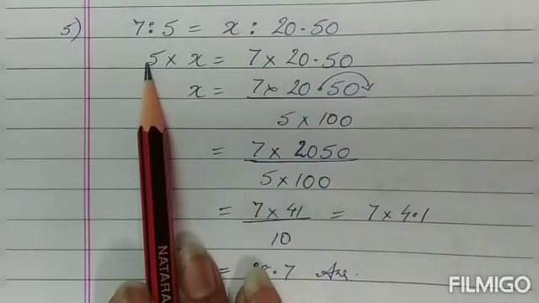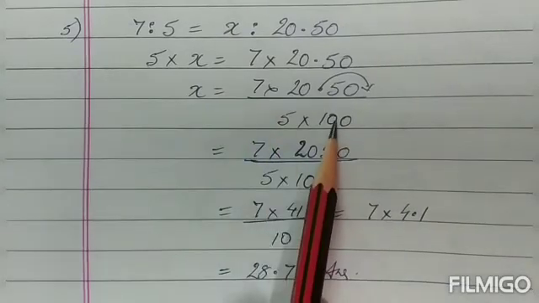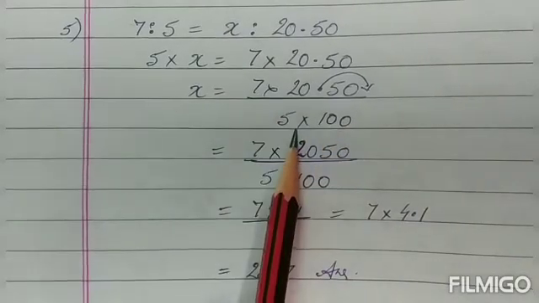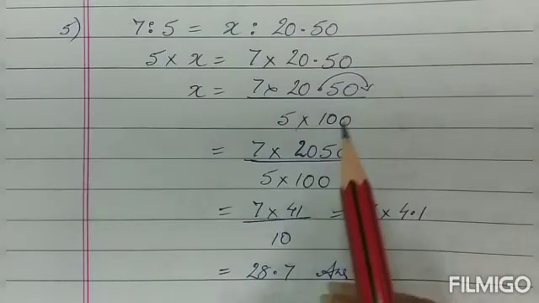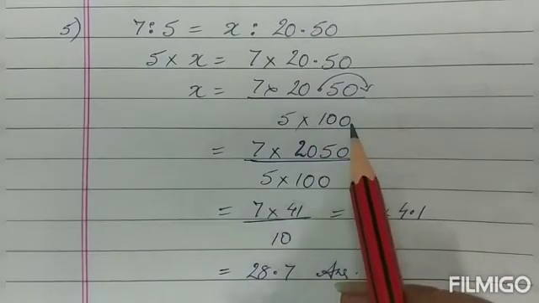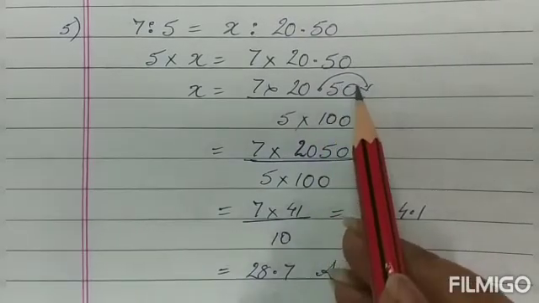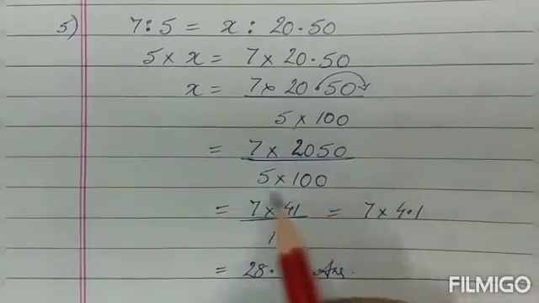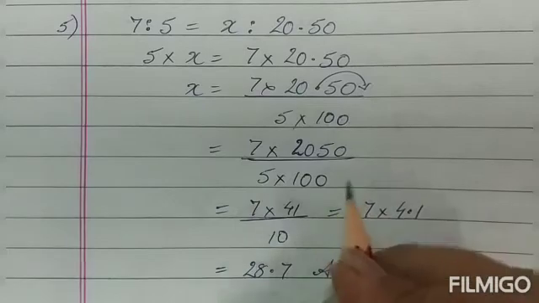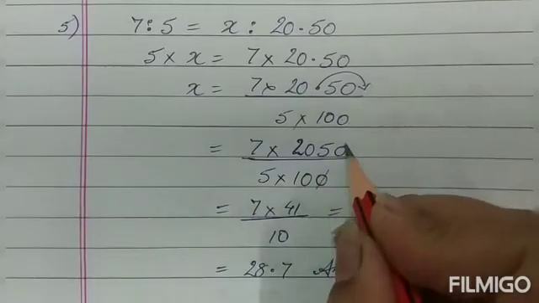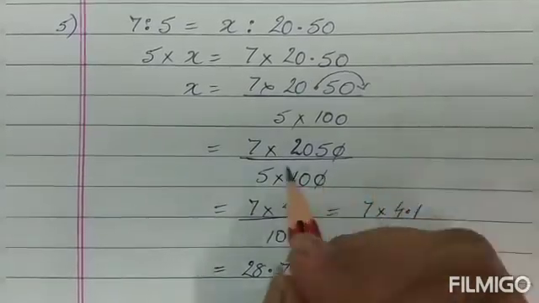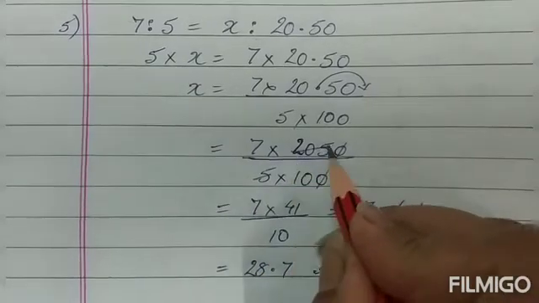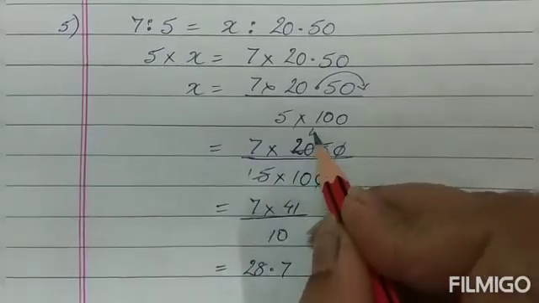Now 5 will be removed from this side, will be taken on the other side. So it comes in division, children. I want to remove my decimal, so I will add 100 over here with 2 zeros, because 2 places decimal is shifting, so 2 zeros. Now start reducing. This is what we get. And now start reducing. I can cancel the zeros like this. Then with 5 I can reduce it. So 5 1s are 5, 5 4s are 20 and 1.